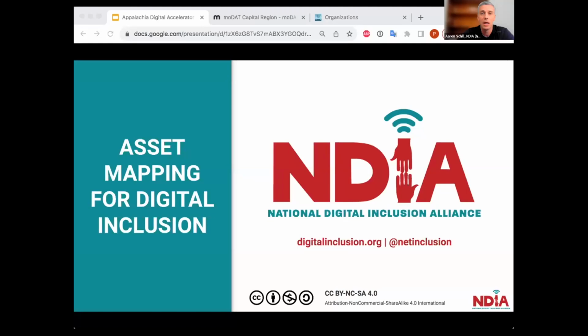We're pleased to be here today to talk about asset mapping, specifically for digital inclusion, and how that's going to play into your overall community connectivity plans. We're going to spend about the next 45, 50 minutes doing an overview, getting you familiar with the concepts of asset mapping, and sharing some tools we have built at NDIA specifically to help communities do asset mapping around their digital inclusion resources and understand what their ecosystem looks like,